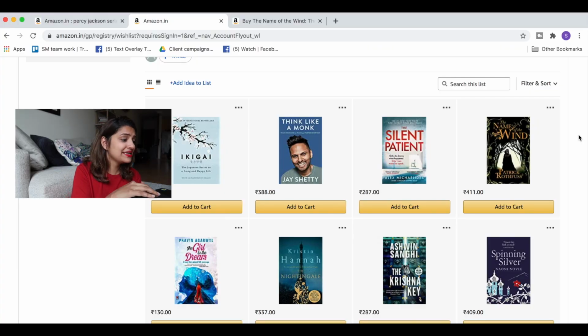The next book on my list is The Girl in the Dream by Praveen Agarwal. This one I randomly stumbled upon on Goodreads, and it just seems like a very intriguing love story. This love story basically spans like 500 years. So you have something going on in current day Los Angeles in, what does it say, 2017. But then there's also something going on in 1500 AD between a king and his lover, and then there's also something that's happening in